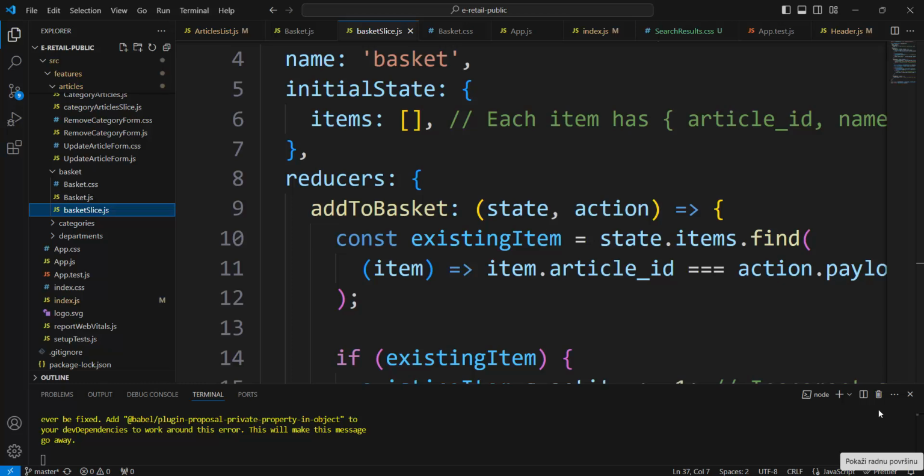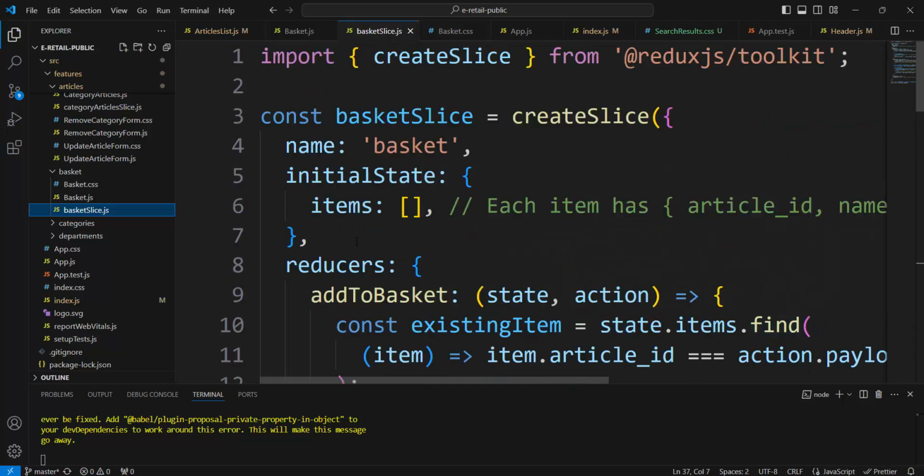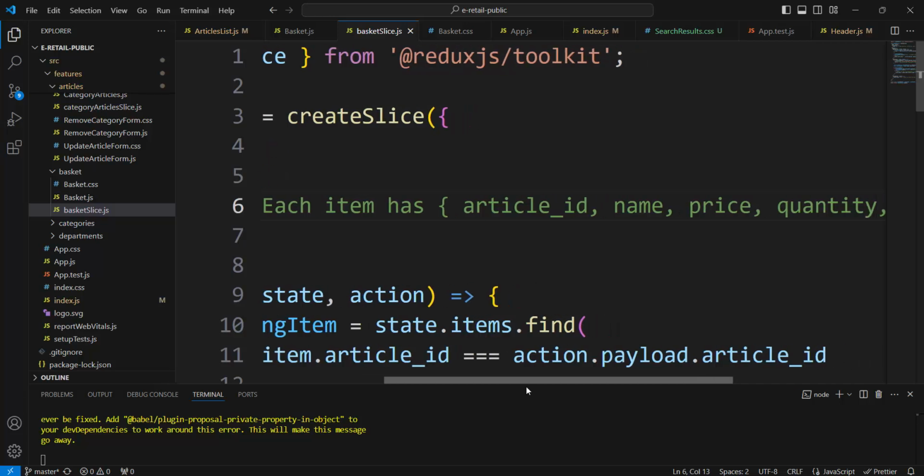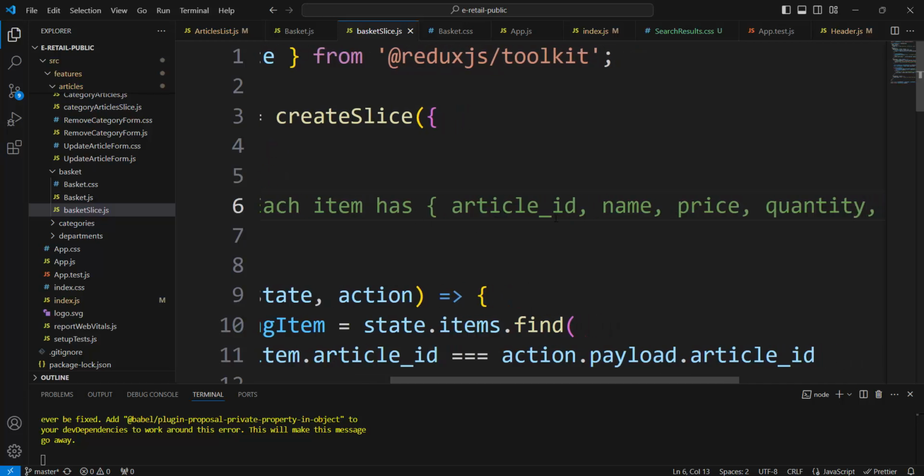a lot of action creator. And in that up here is the same basket line, name is basket, initial state, items, empty array. Each item, this comment, all that written by artificial intelligence, each item has article ID, name, price, quantity,